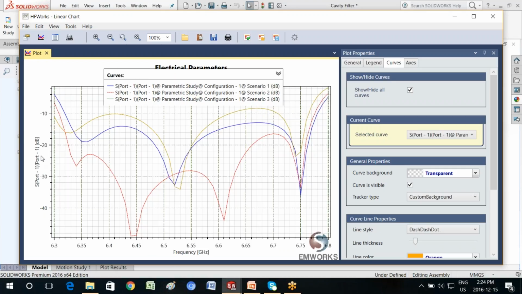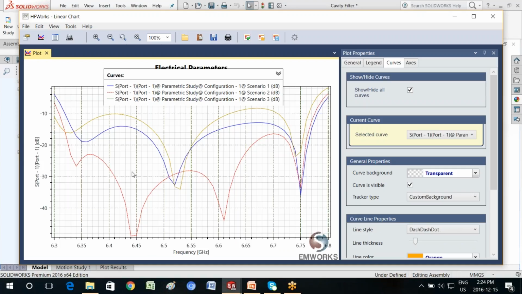This is in dB, a logarithmic type of scale, actually a negative logarithmic scale. So a value of -40 really means that very little is being reflected, and the signal goes through. So if you look here, scenario 2, with the right distance through which the screw is tightened,